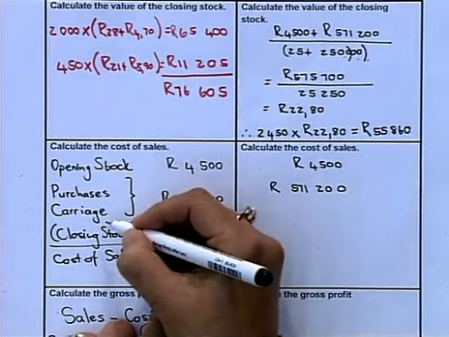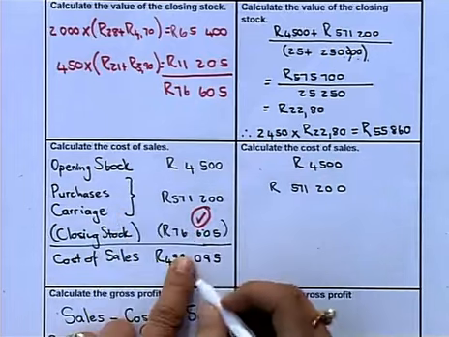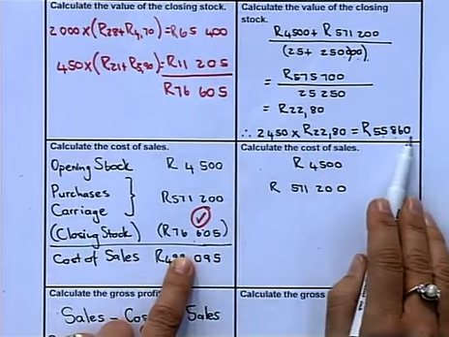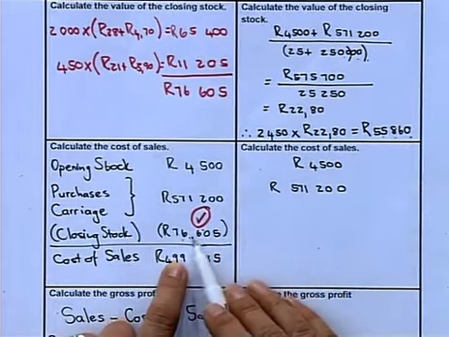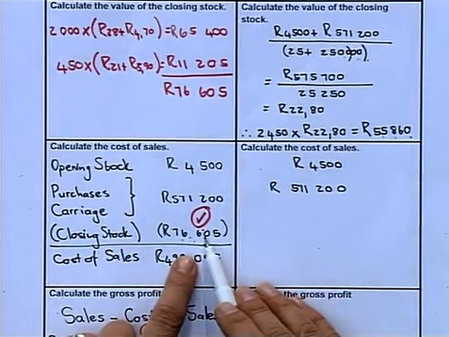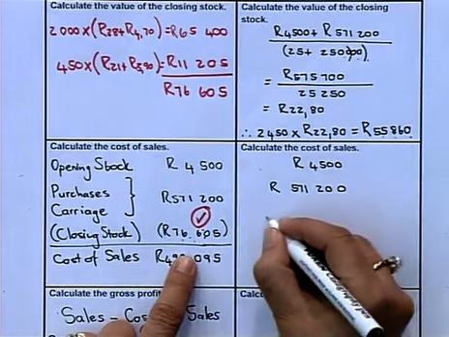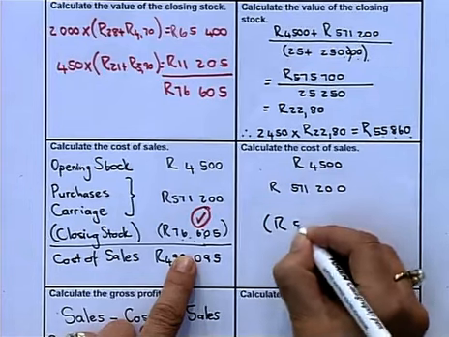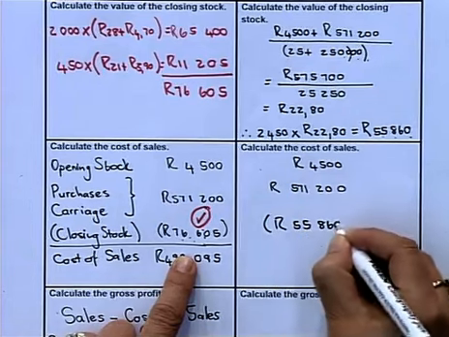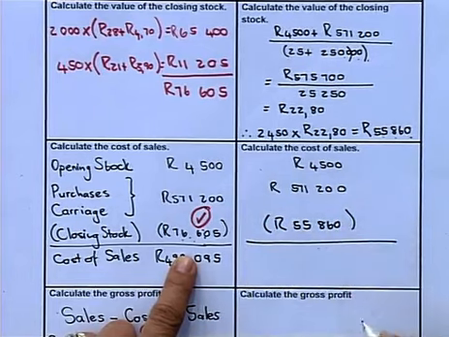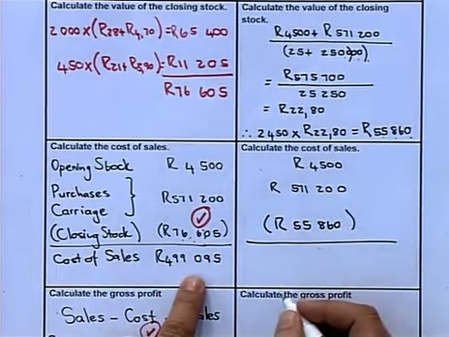That includes my carriage on purchases. Now, closing stock was 55,860 and not 76 like in the case of the FIFO. So I'm going to go minus 55,860,